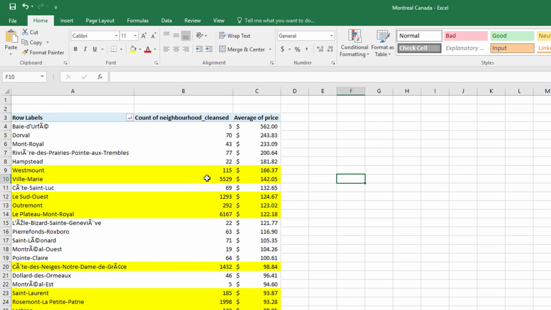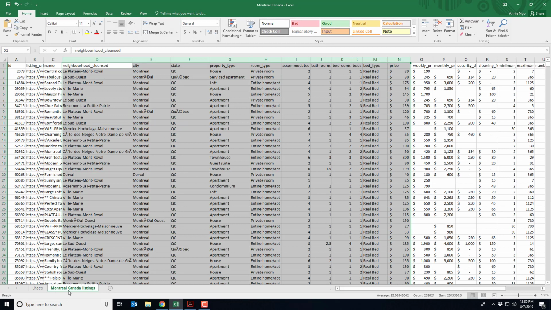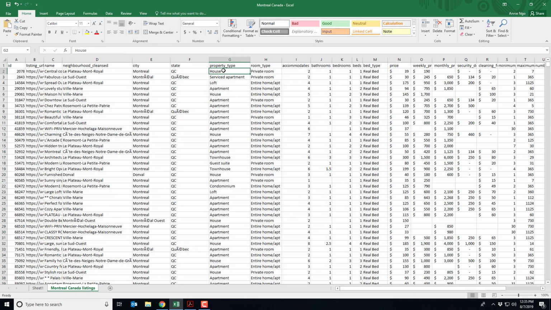So fortunately, earlier I had highlighted my most popular listings. I can see here that Villa Marie had a high number of listings and is one of the more expensive neighborhoods at an average of $142 per night. This can help me decide, hey, you know what, I'm going to narrow down to just this neighborhood called Villa Marie. So if I go back to our tab of data,